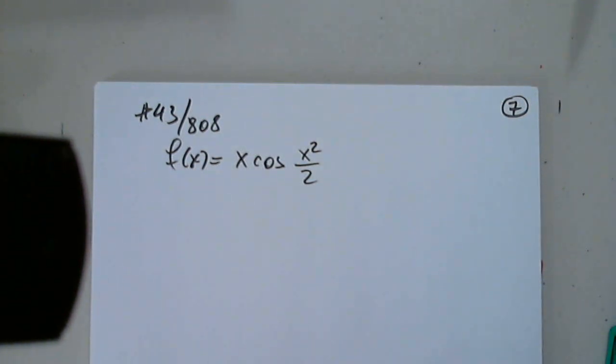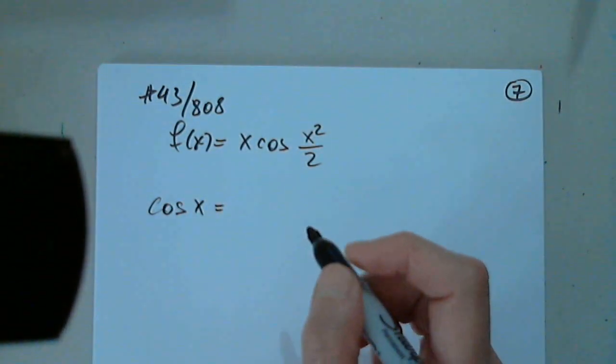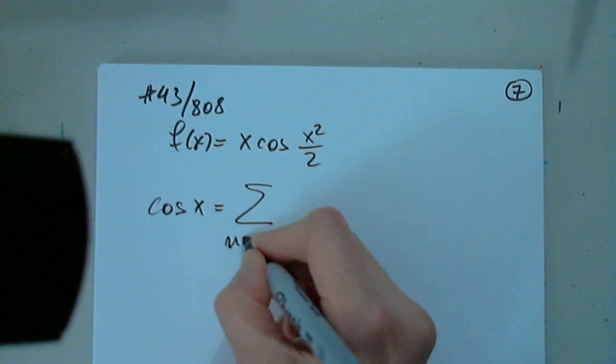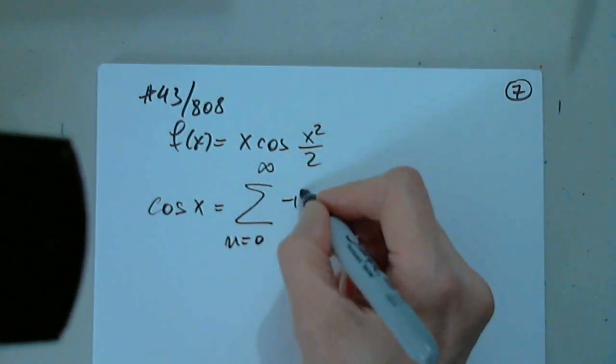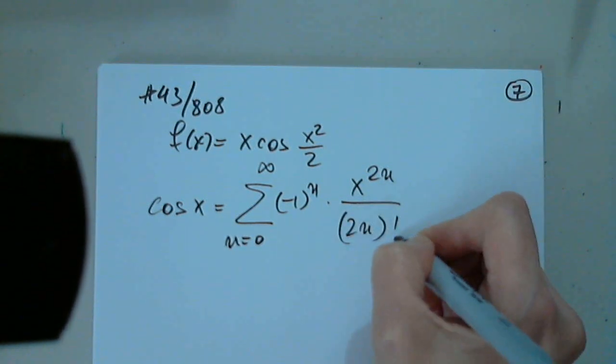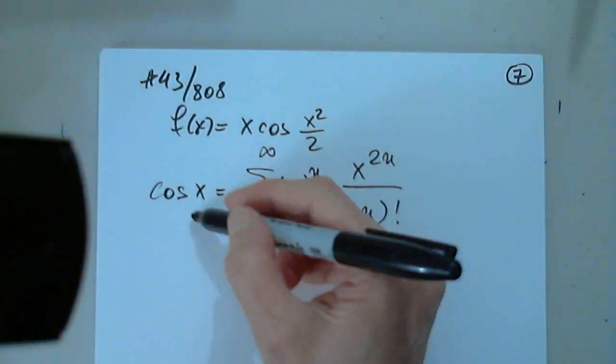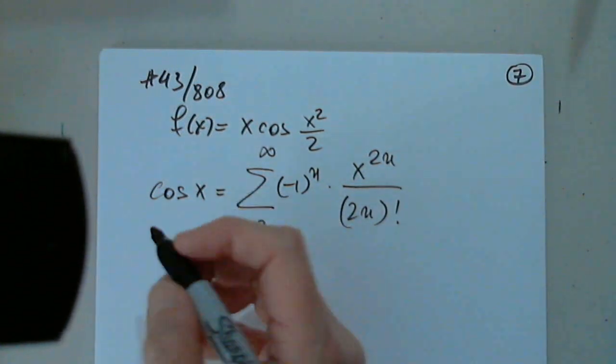Okay, so from table 1, we see that cosine has a Taylor series representation, the sum from n equals 0 to infinity of (-1)^n x^(2n) over (2n)!, with the radius of convergence all real numbers. So it will transfer to the new series that we are going to determine. So notice that if we replace x by x squared over 2